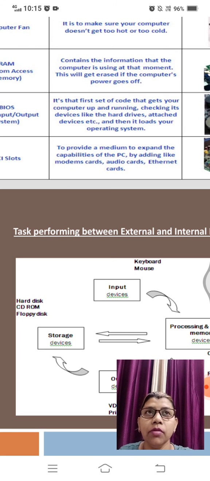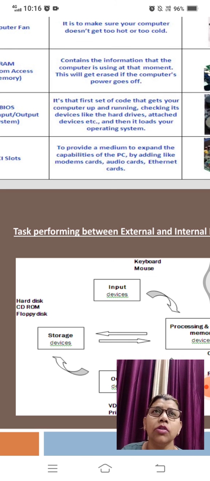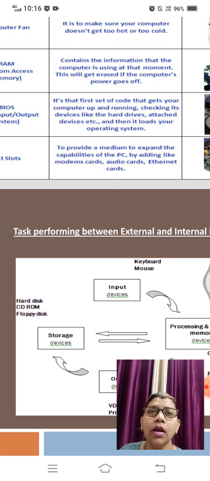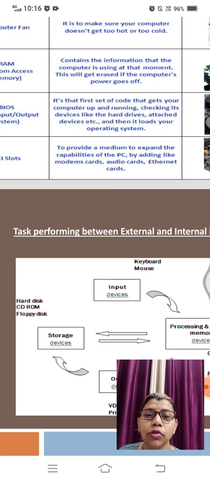and the modem card is used to connect to the network, for computer and internet connectivity, the audio card to listen to the sound, and Ethernet to connect more than one computer to each other. Means ports are also a very important component of a computer. These are called slots. There are many more slots inside the computer which are used to connect and perform the action by the computer.